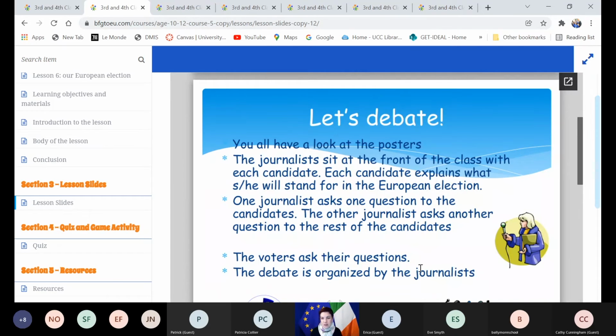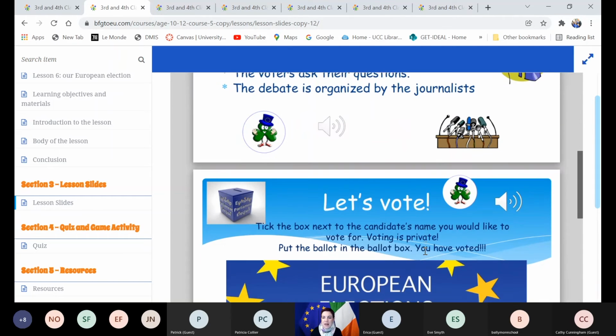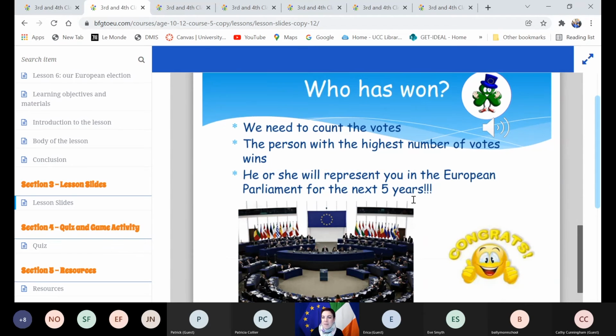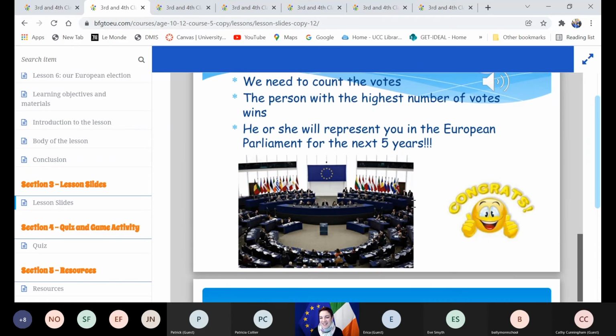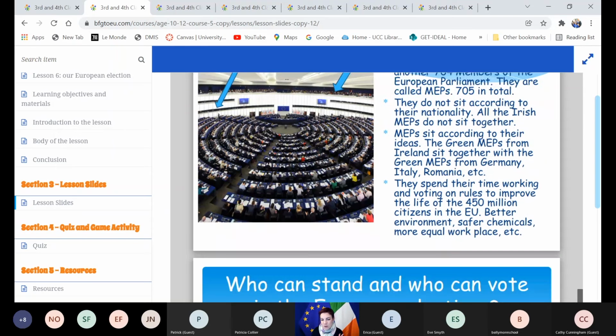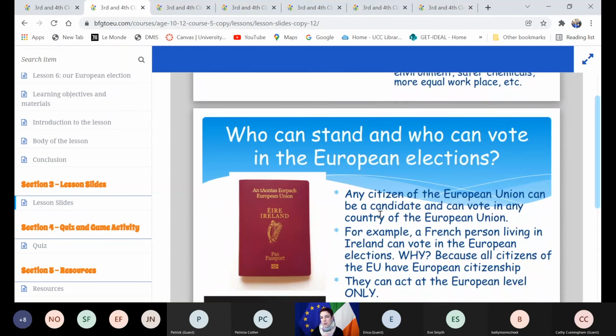So here you engage with the election. Let's debate. Then let's vote. I think I included in the resources a poster like this that you can just stick on a box. You do a slit, and the kids go and put their ballot in there. You count the votes. They love that, counting the votes. It's always very exciting. And then you go back to what they do, where they sit. Those little booths here are for the interpreters, the people who are translating what is being said. 24 official languages in the European Union, so a lot of work to do, and obviously a lot of combinations,